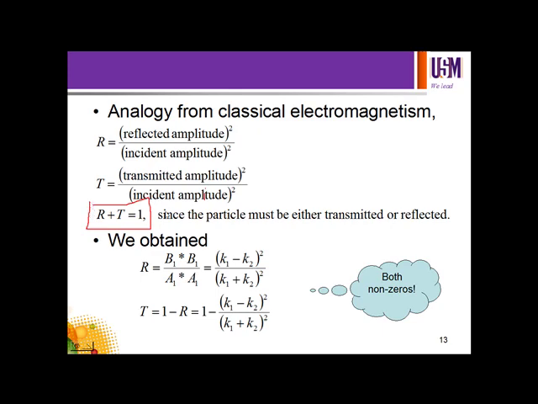That means the total of the reflected amplitude of the electromagnetic wave plus the transmitted amplitude must be equal to 1. As a whole, reflection and transmission equal 1, since the particle must be either transmitted or reflected. The same thing applies to a classical electromagnetic wave: when you add the amount being transmitted and reflected, it should be equal to 1. So using that analogy, we now define